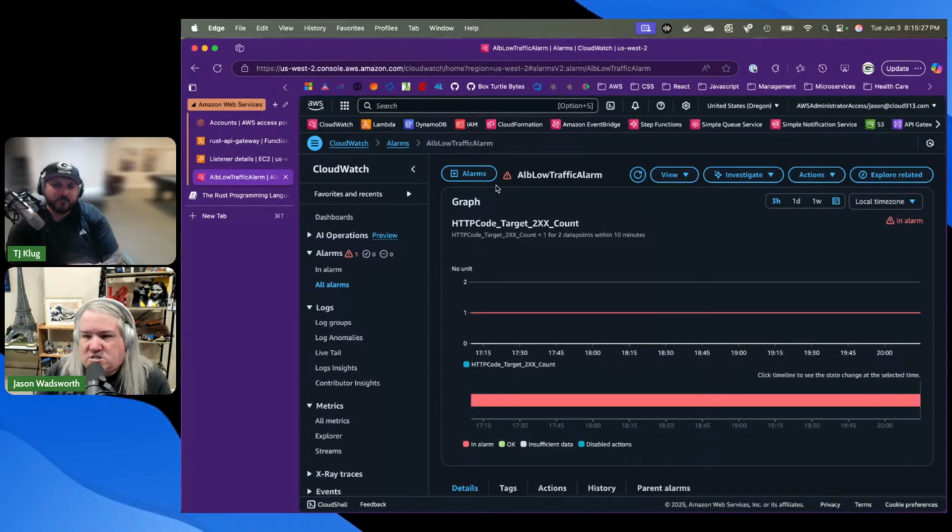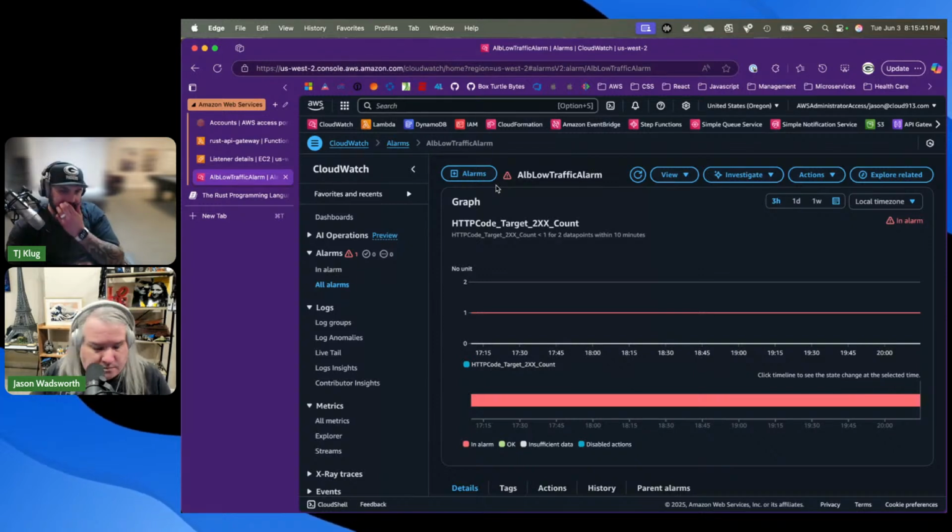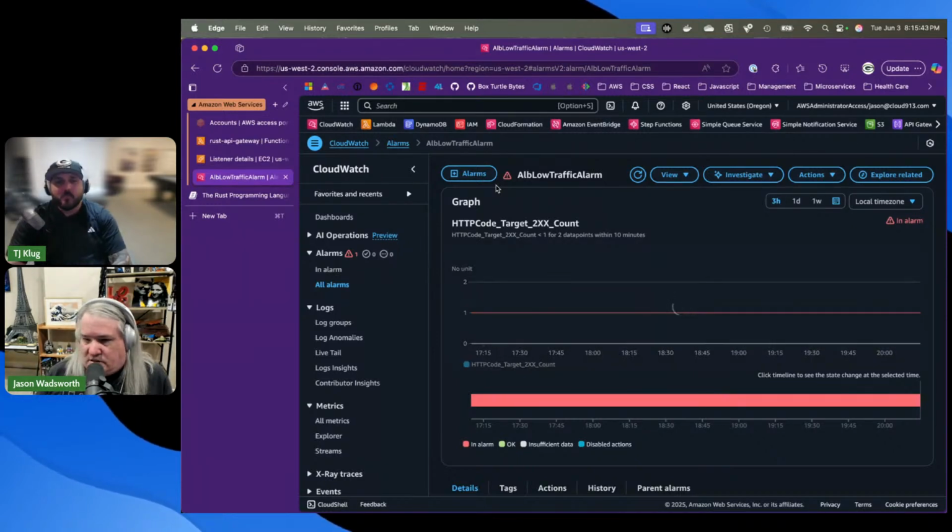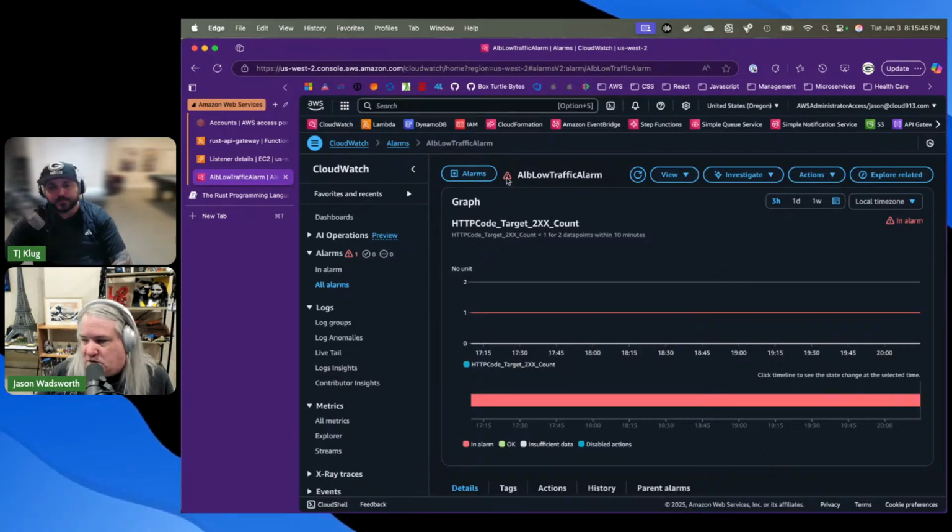The VPC doesn't cost too much because I don't have a NAT gateway, but I did have to put in endpoints to be able to call into like ECR and the service endpoints. Yeah, the service endpoints in there. So those do cost a little bit based on traffic and stuff. So there is some overhead to those. So this isn't like going to run for basically free when it's offline, but it does reduce your costs.